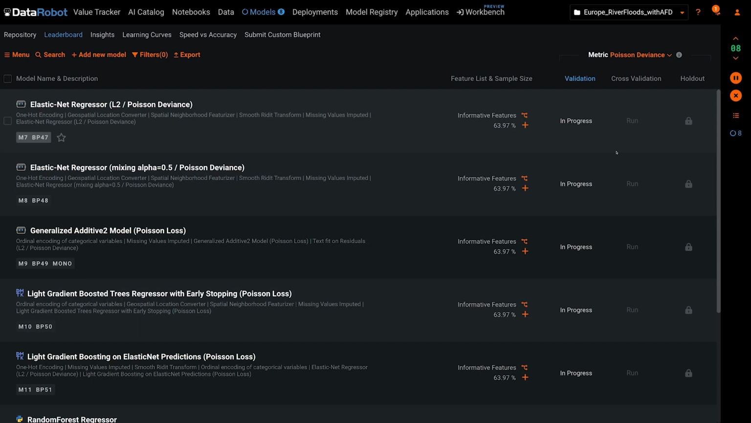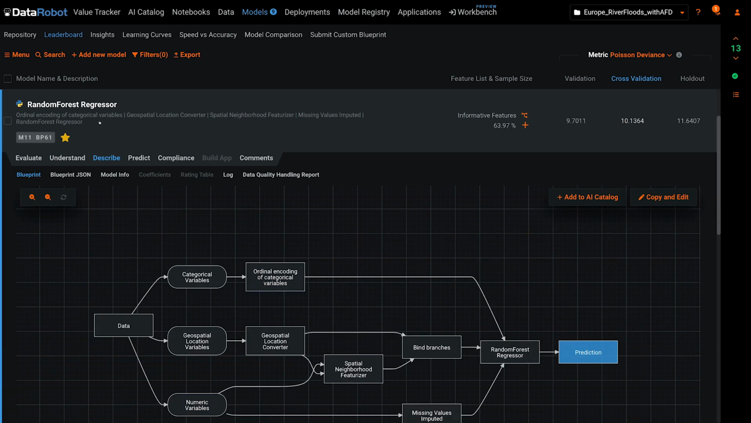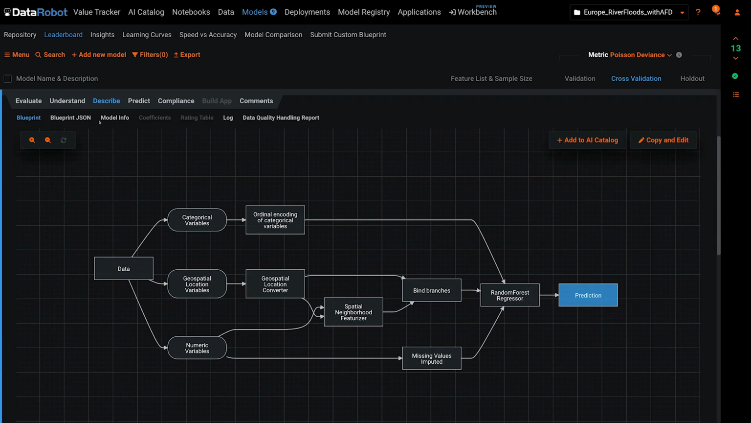Let's move ahead to a completed project. Our group will likely want to understand our best blueprint in more detail, so let's pick this random forest model. Firstly, we would want to understand what is actually happening. And here we can see this blueprint including the modeling algorithm, but also all the necessary pre-processing steps for that